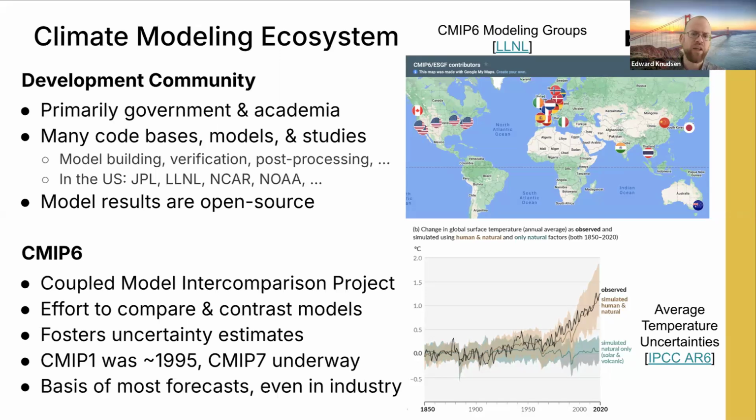And it is appropriate to think of climate modeling as an ensemble effort because most analyses will ensemble average many climate models to get their answers. I want to end this slide with a comment that even industry uses these climate modeling results as the gold standard. They're certainly the de facto approach to doing climate modeling, even if you think of corporate studies or corporate interest in this topic.